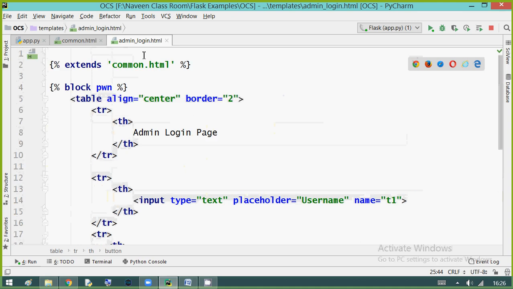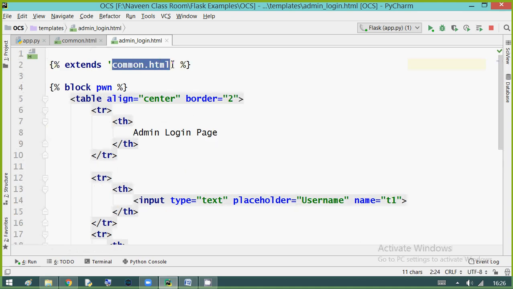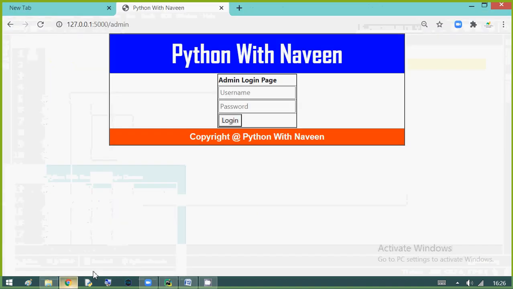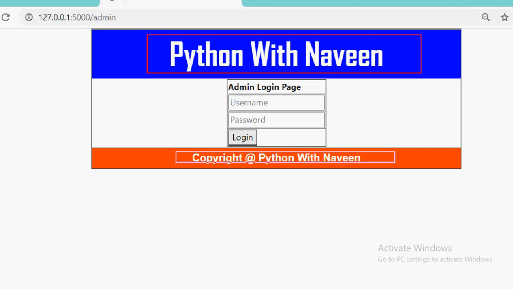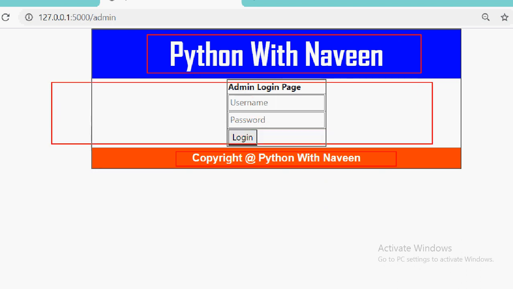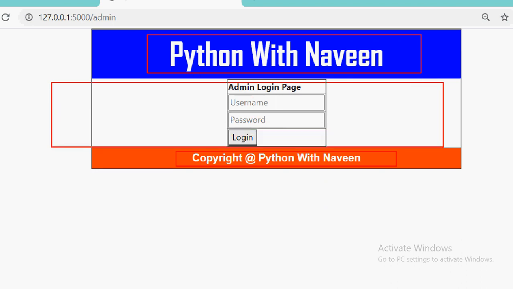The admin login is inheriting the design from common.html, the Python with Naveen, and the copyrights @Python with Naveen. This part is inheriting. This is the part where my admin login is going to work.